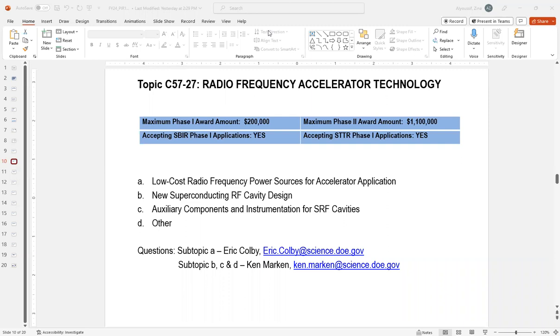Another common metric that we're looking at is stable locking. It's a requirement common across all of the RF sources we're interested in. Again, the figure to meet is given in the topic. And finally, in terms of frequency, we're interested in UHF and L band for continuous wave (CW) applications. And we're also interested in L band through to X band for pulse accelerators. And we'd like to invite applicants to pick where they'd like to respond based on where they perceive a market.